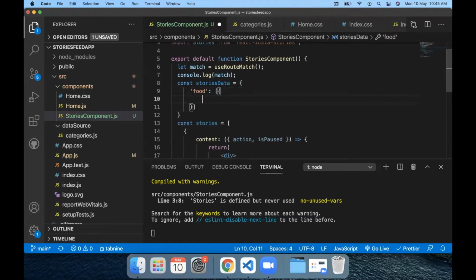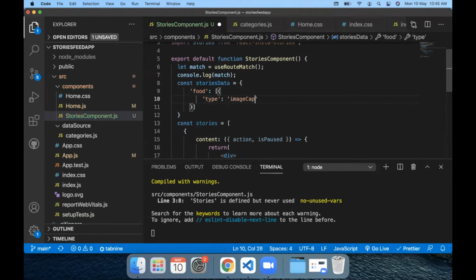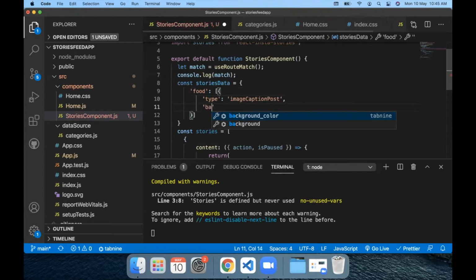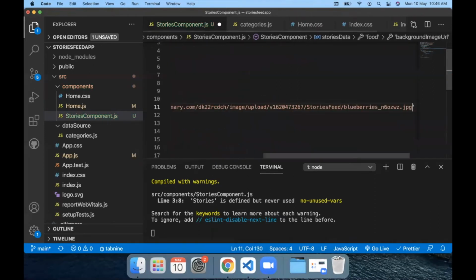And within that, we will have the type of the story first. In this case, this will be image caption post, let's say. We are going to use this later. Then the background image that we want, the background image URL which we need for a particular image.